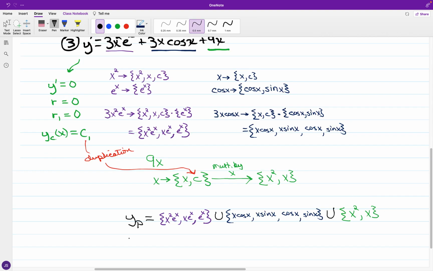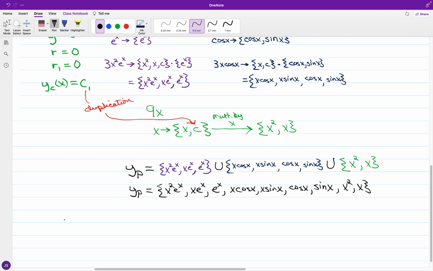So we have for y sub p, if I put all of these together, notice we do not have a duplication. So for the case of y sub p, just for the general solution, we have several undetermined coefficients right now. Starting out, we have y sub p is equal to ax squared e to the x plus bx e to the x plus c e to the x